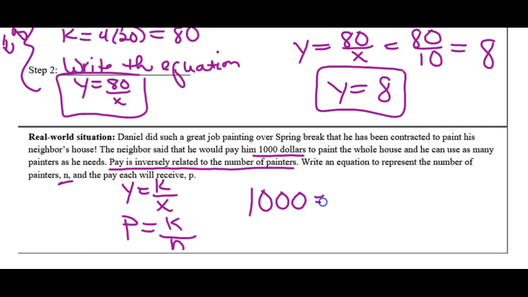And the k, oh, actually in this case, thinking about this one, we're given our k. No matter what, let's rephrase that. This is our k right here. We're given our k because no matter how many people he hires, he's getting paid $1,000. So that's a constant. Sometimes you got to reread that. I almost made a mistake. That's our constant. No matter how many people he hires, he gets $1,000, but he's going to pay the people he hires. So each person's pay,